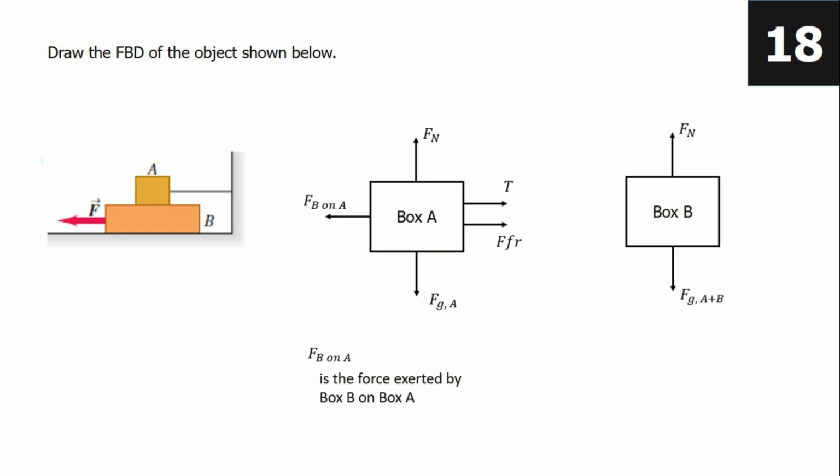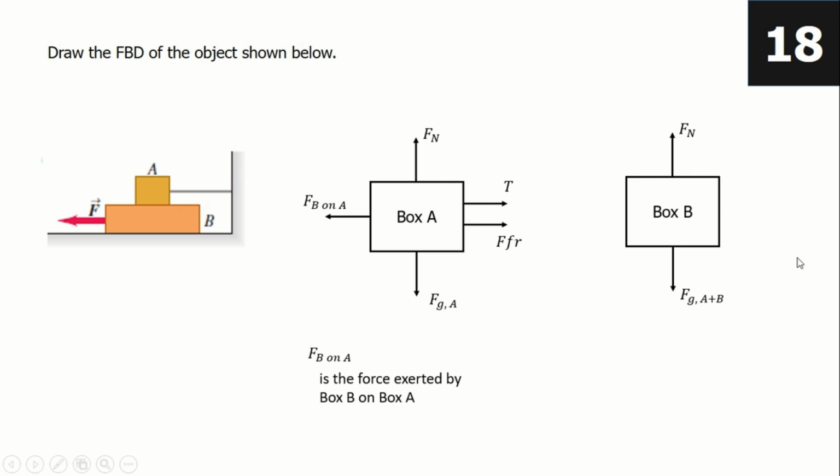How about box B? So the same, there is a gravitational force on box B since it has a mass, and there's a normal force exerted by the floor on box B. But the normal force on box B is larger than the one on box A, since this is the reaction of the surface or of the floor on the combined mass of box A and B. So that's why on the FG here I put A plus B. Since the normal force exerted on box B is a result of the combined masses or the combined weight